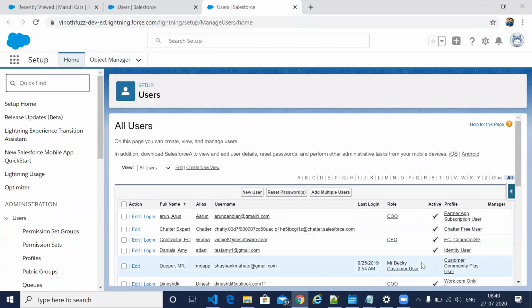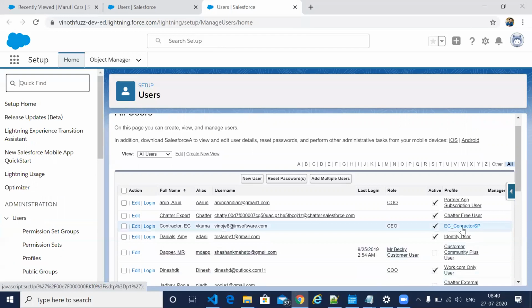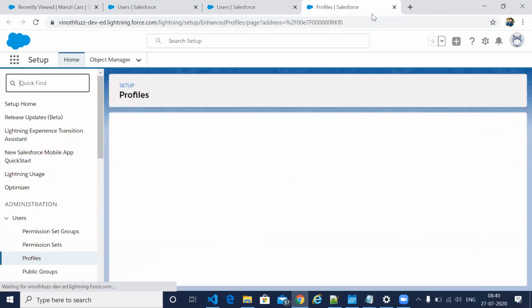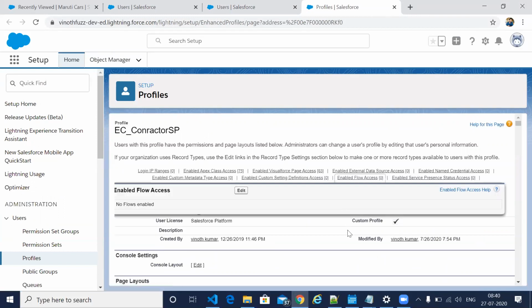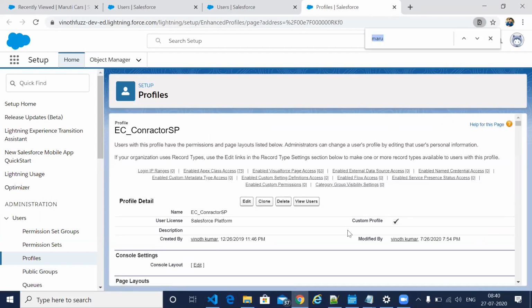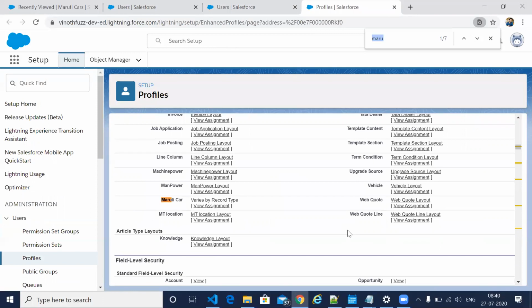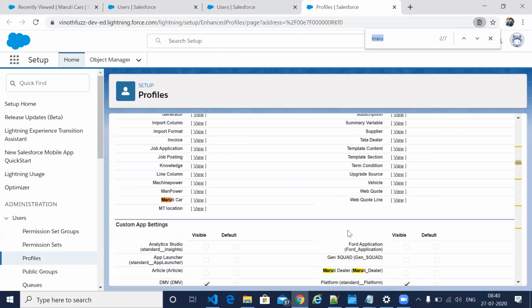Let me check whether this profile has the particular object access or not. I want to see whether they have access to the Maruti car object or not.